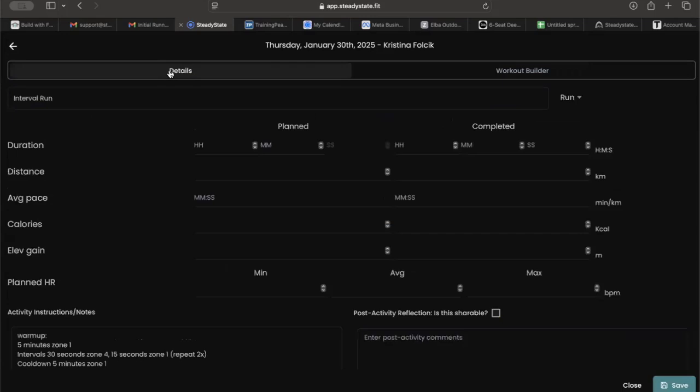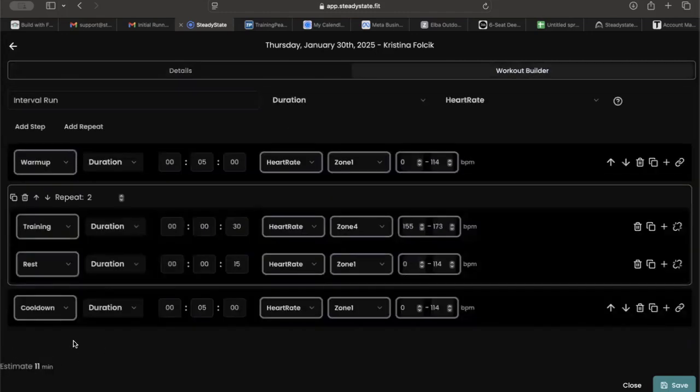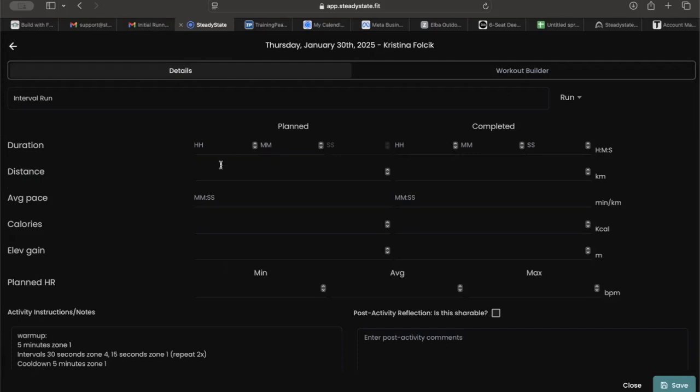So the length of time it takes to build the workout is the length of time it takes for you to prompt it. The only thing that you will need to go in and fix is if you're doing by time, it won't auto-populate the time with the AI builder yet, or the distance yet. So that is coming, but this says estimated time 11 minutes. So I would just put in 11,